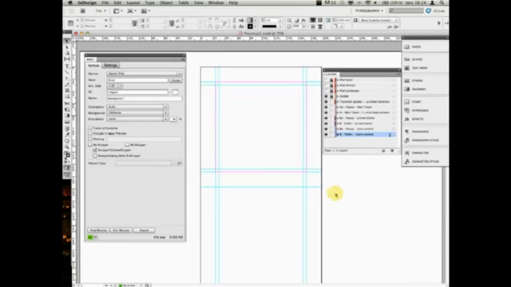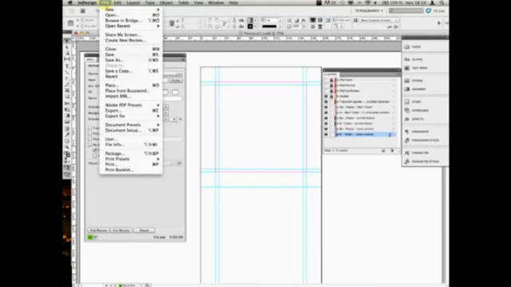First, I'll go and select the B-Slides main content layer here. Make sure I have it selected, and I want to place an image here. So I go up to File and click Place. You can always use Command D in order to place an image. And I click Place,